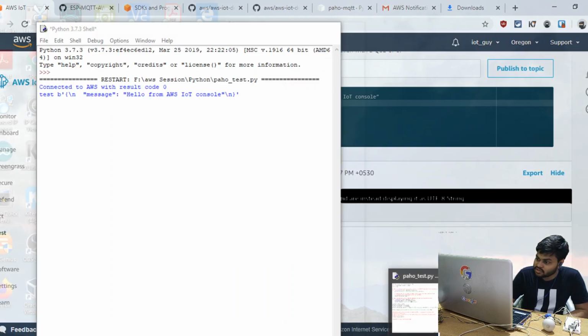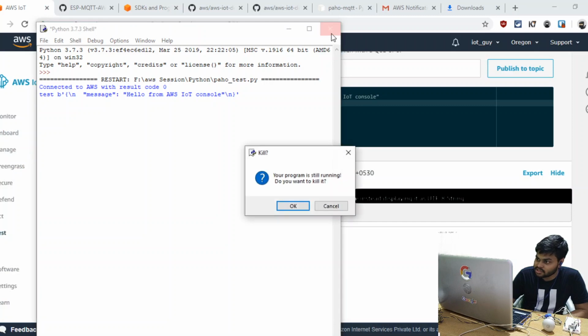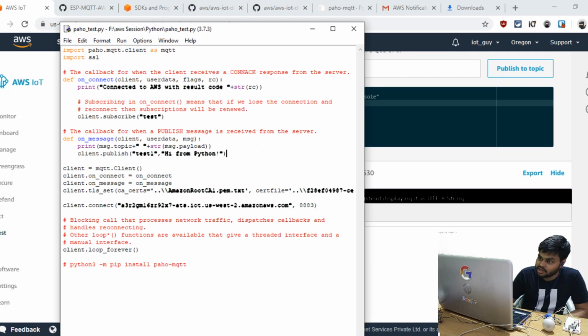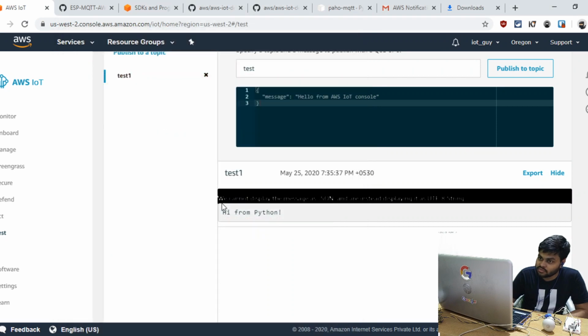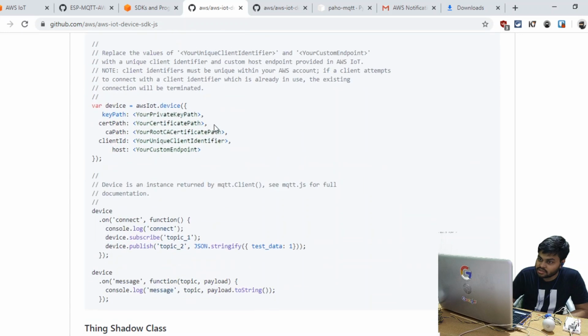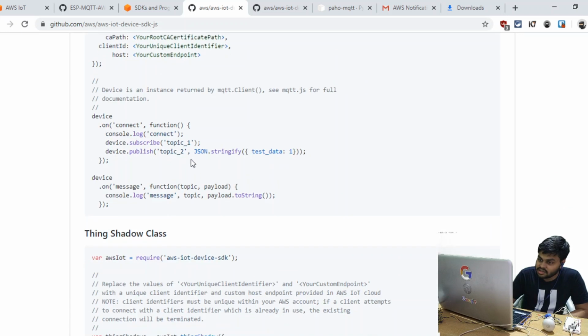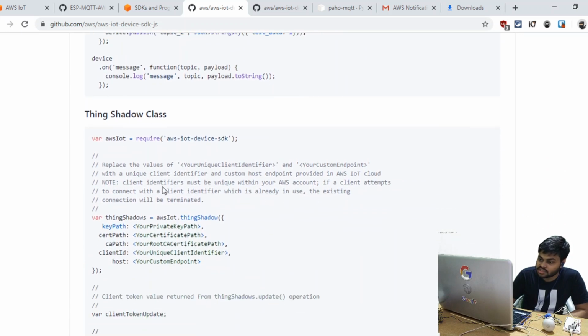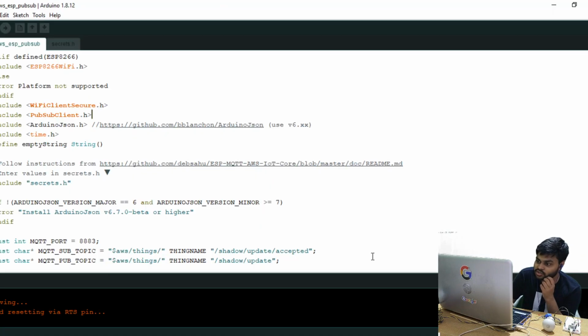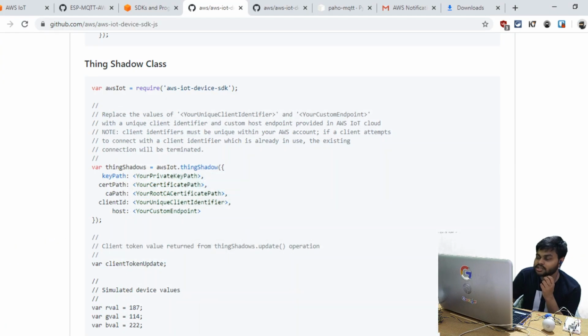Most AWS MQTT payloads are sent and received in JSON format. Why we are doing this, we will see in a second, because we have discussed this device part. Now we jump to Thing Shadow. What is Thing Shadow, and how am I using it in my project? The project I will discuss for the Arduino sketch will basically cover these Thing Shadow topics.